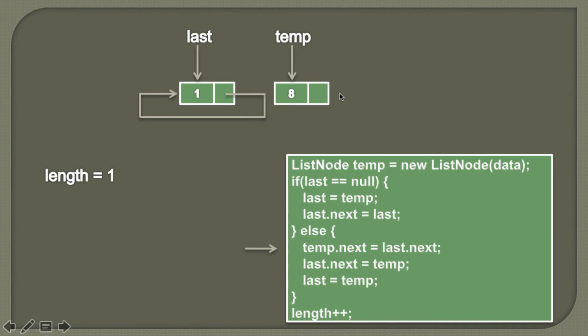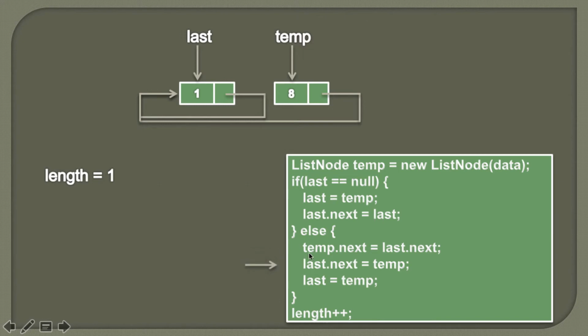So this link will be removed and it would refer to the first node, and in order to reach the first node we know that last.next refers to the first node. Therefore, temp.next will now refer to the node having data as 1. So it would look something like this. Currently you see we have two nodes where temporary next is pointing to this first node. So moving ahead,